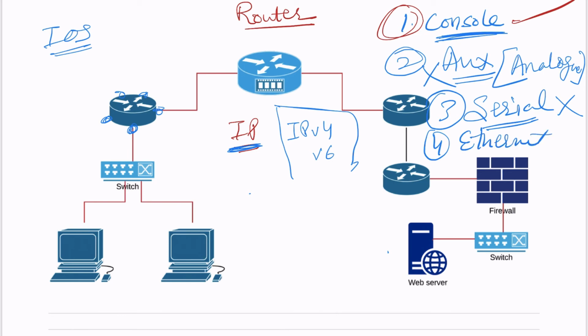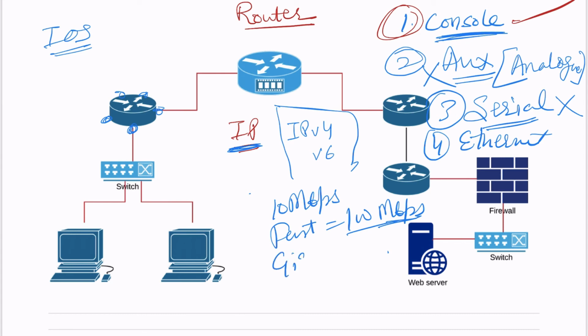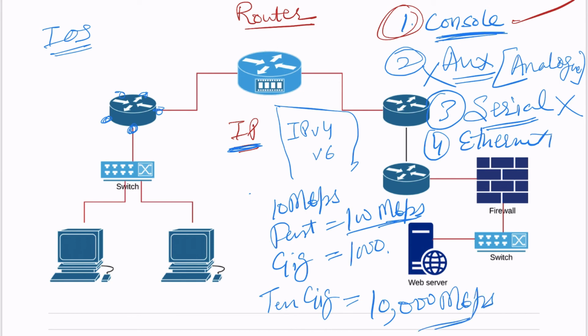Ethernet used to be 10 Mbps earlier. After that fast Ethernet came, which provides 100 Mbps. Nowadays it is used, but since the time has changed, we are witnessing gig interfaces very commonly, which are 1000 Mbps, and there are 10 gig interfaces which are providing speed up to 10,000 Mbps. So these are the most popular.